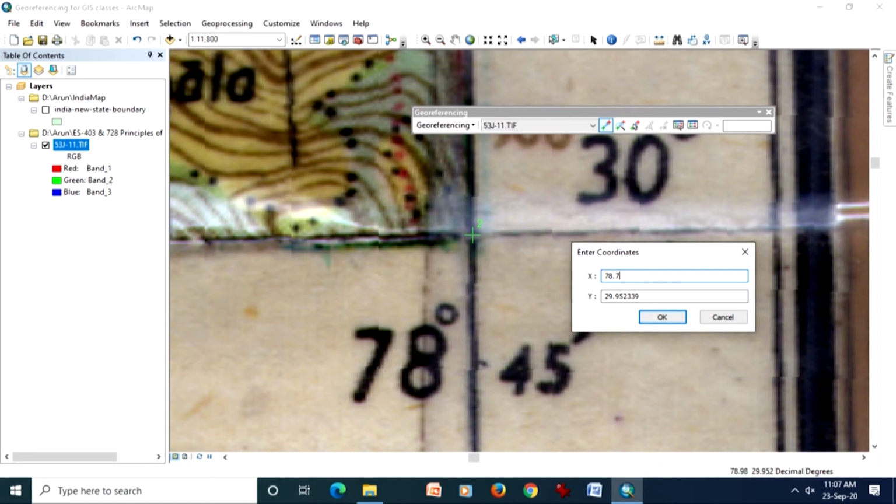So, here it is 75 and this is 29.95 it is predicting. So, basically it is not that, but it is 30 degree 00.